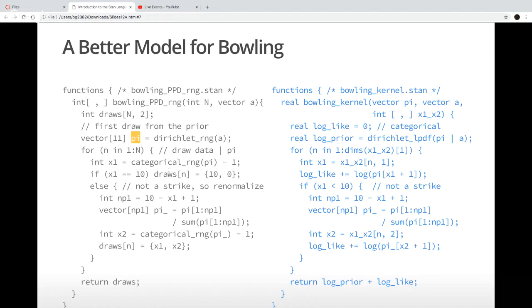There are no endogenous unknowns in this particular model, but in a multi-level model or something more important than bowling, I might have a utility function or something like that I can evaluate over the prior. And so these prior predictive distributions really are your model before you see the data.